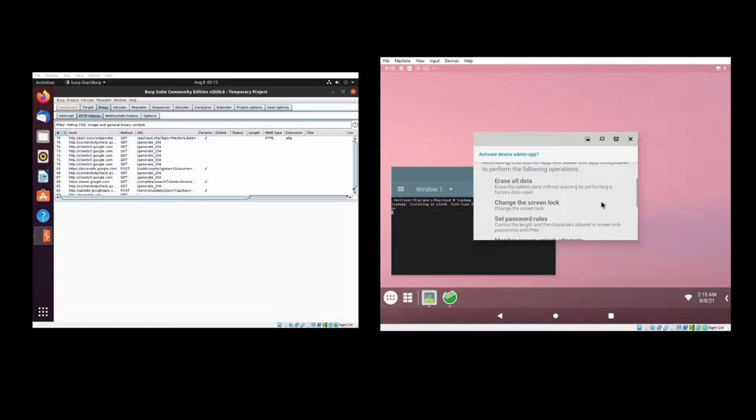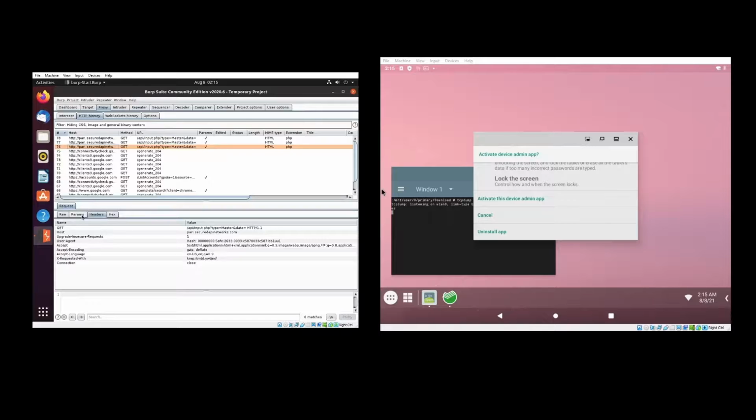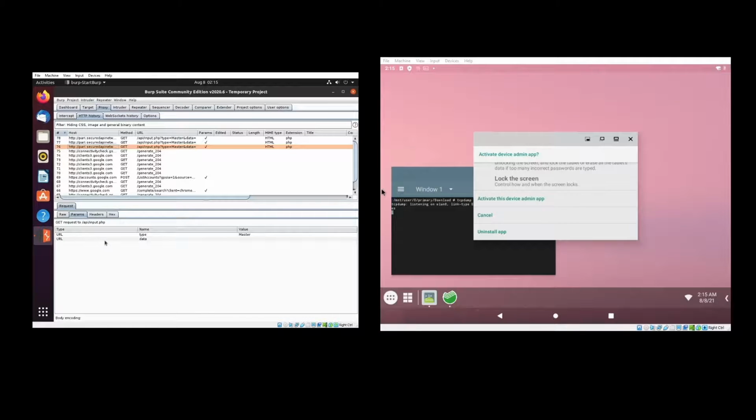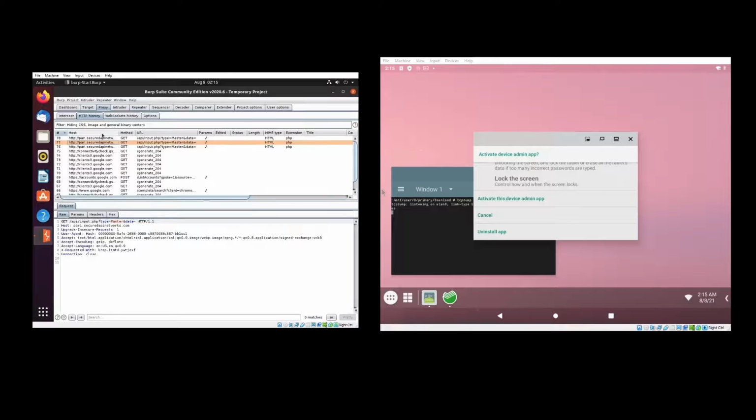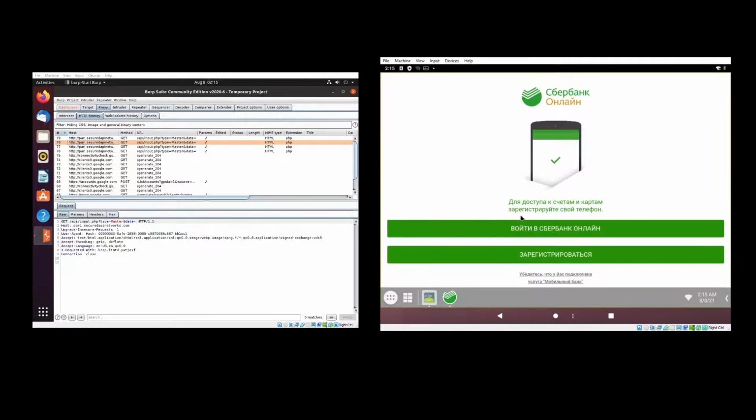So here we actually get a prompt that this app is trying to request becoming a device admin app. And if we look on the left, we'll see some requests that Burp Suite was able to catch, and it's already trying to reach out to the C2 server, C2 standing for command and control. So before we've even started logging in or anything, we just booted that for the first time, we already see it trying to reach out. Alright, so we're going to allow it to be a device admin app,